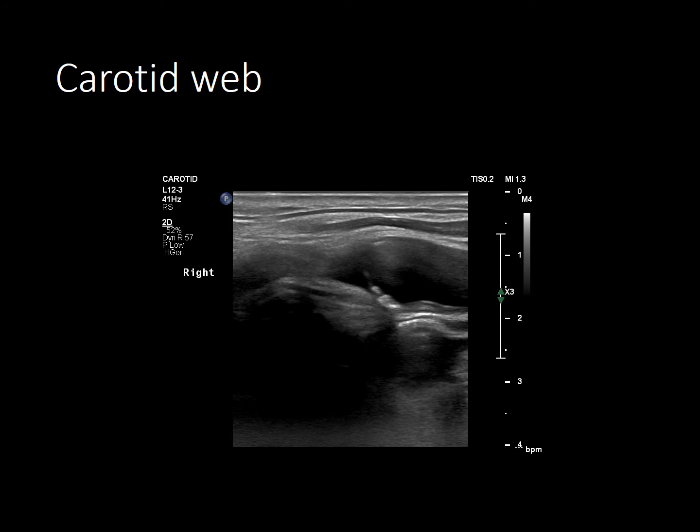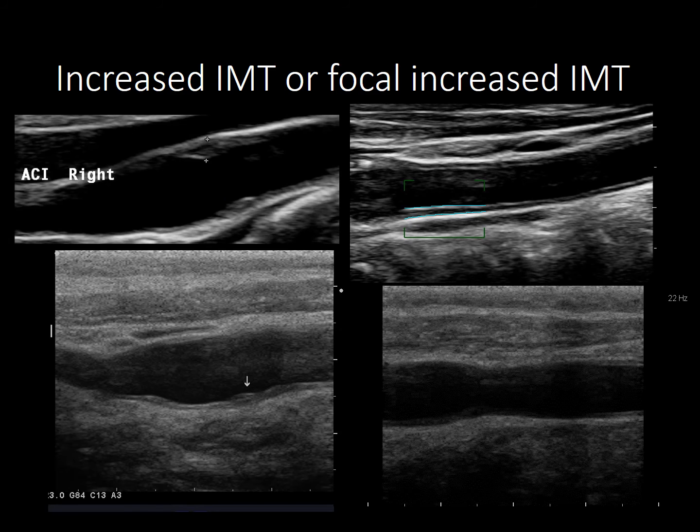You see here a carotid web, also a part of the FMD spectrum. You see here an increased IMT, which may be focal or diffuse, found in the common carotid artery. Then it's called the carotid marker.